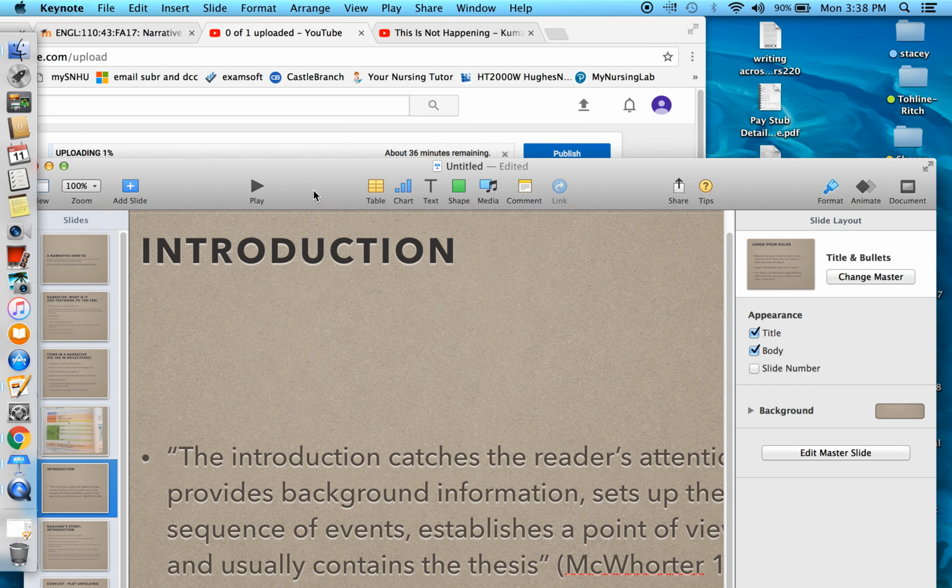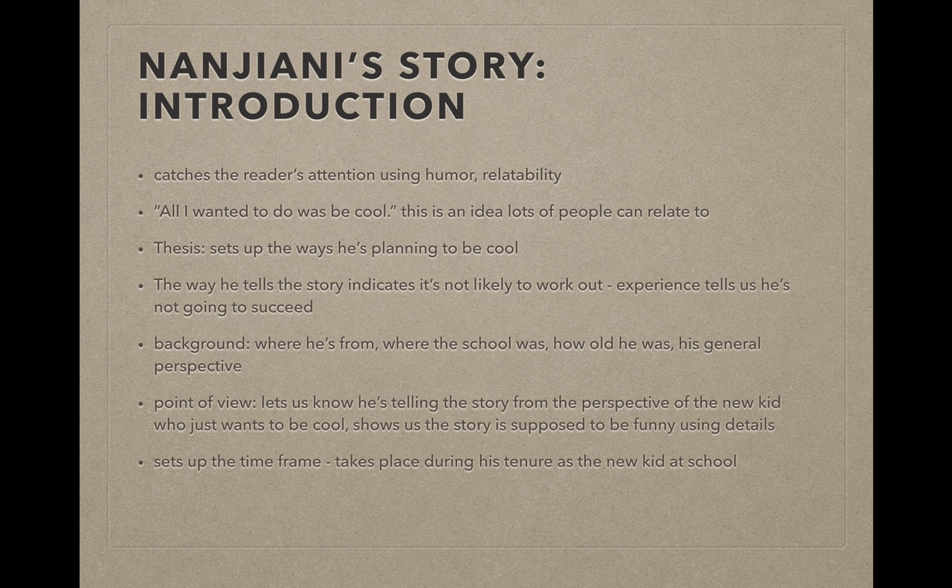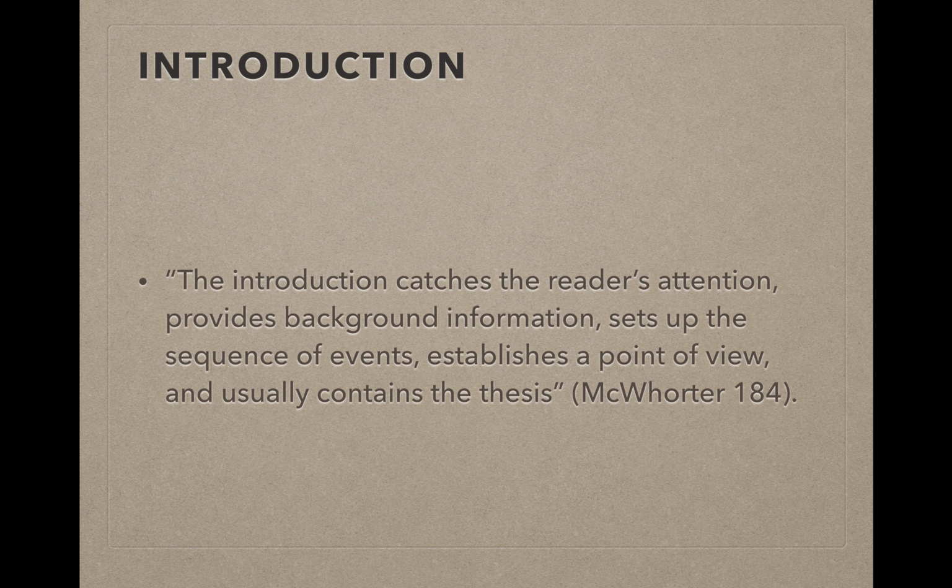All right, so part two. Hopefully by now you've gone through and watched Kumail Nanjiani's video, and now you're returning to go over our examples. So if you look at the McWhorter book, Reflections, page 184, she talks about the introduction to a narrative